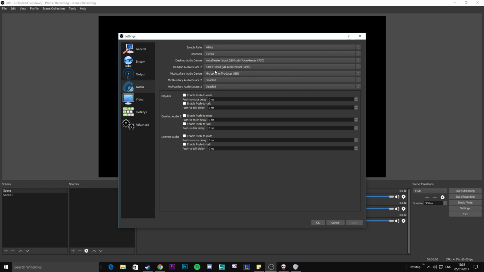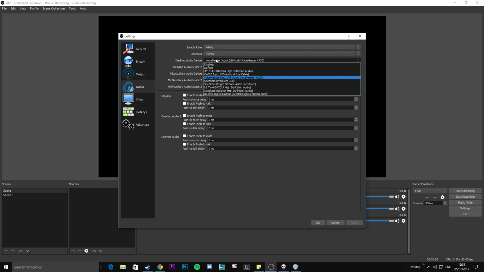Now this thing I'm not going to explain too much. Here, what you could normally just do is set your desktop audio device to just your speakers. So mine would be speakers. This one would be these speakers. That would be the gameplay audio. But usually, this would be everything that comes through the speakers. So that would include both game audio and my Discord, my friends speaking to me, which I don't want, so